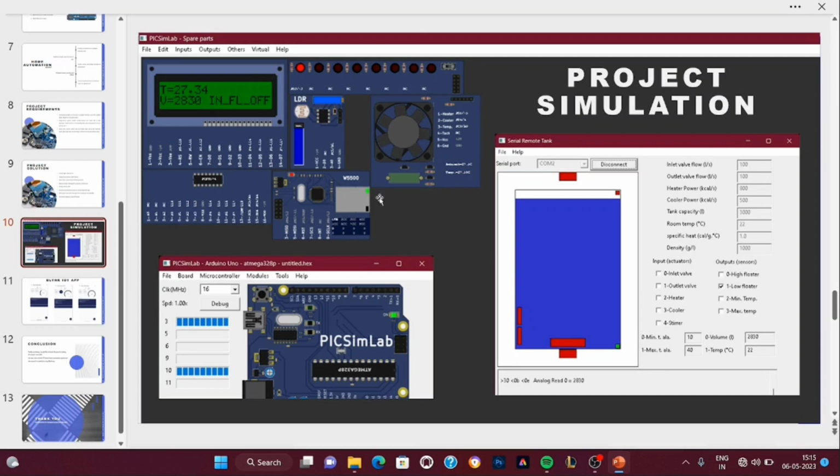This is the heater cooler system. And next here is the serial remote tank. Here we have the inlet valve and outlet valve, and it's also showing the current volume of the water. Next we have the